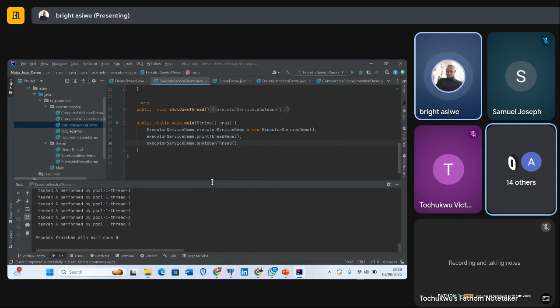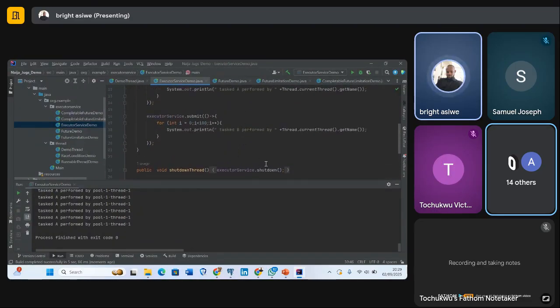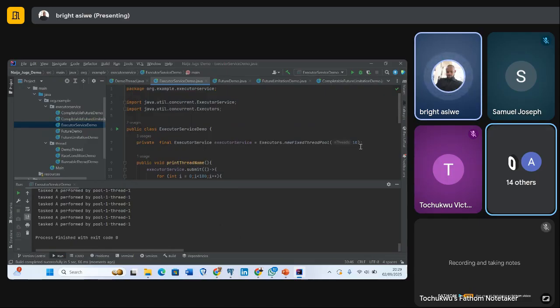So you can see the interesting thing happening here. After running this task, the JVM actually shut down, right? Because I actually instructed the executor service to shut down. So it destroyed every worker thread that it has created, right? So there's some good to this and